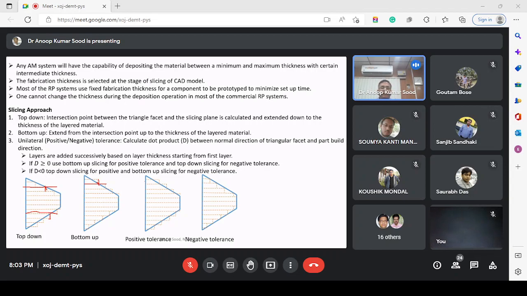Now, in a part, the geometries are not simple like this. So we need to decide whether to make an oversized part or an undersized part. Say that we are providing a positive tolerance or a negative tolerance there. We have to choose at what location we go for bottom-up slicing and at what location we go for top-down slicing. That we determine using this unilateral tolerance slicing, which calculates the dot product between the normal direction of a triangular facet and